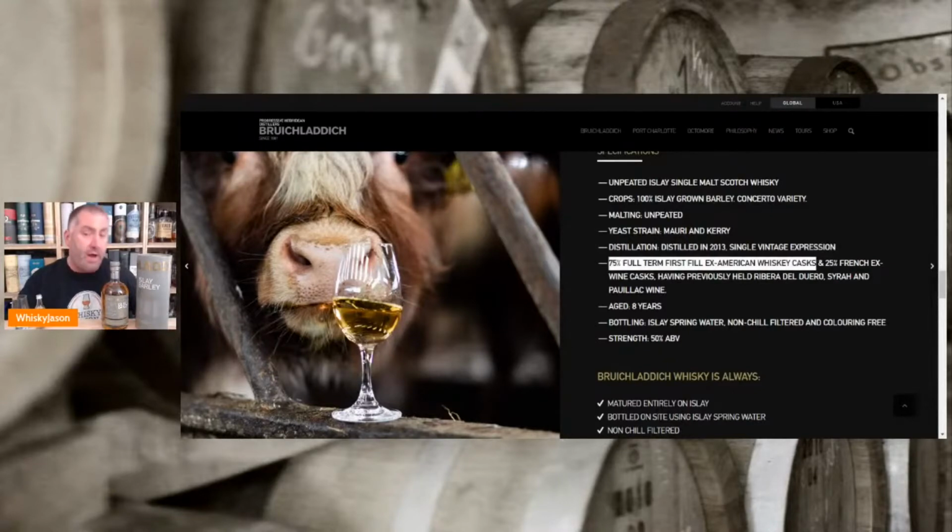Maybe they're using rye and bourbon. But what in all the freaking name of whatever does full term mean? I don't know. And this year, they actually didn't just say 25% French wine casks. They said ex-French wine casks, and they named the wines previously held. Ribera del Duero, I thought that was Spain. Shiraz, and also a Pauillac